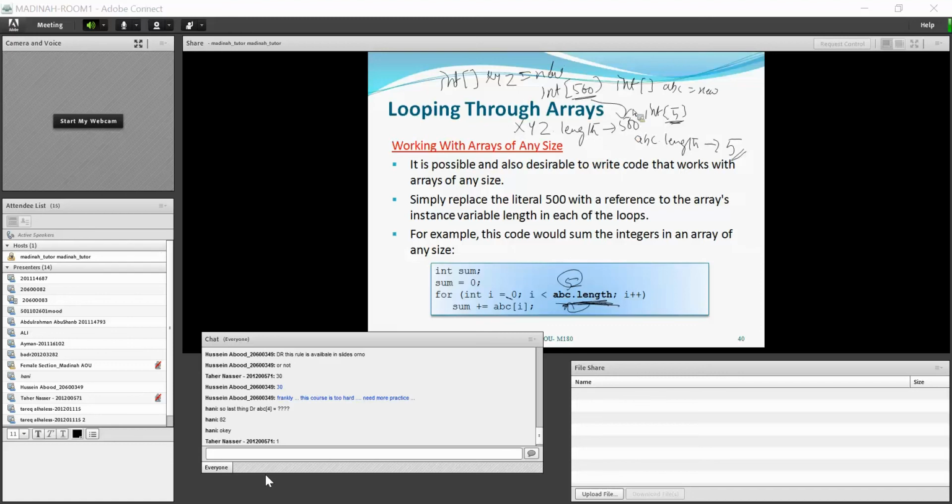So if you write a for loop, for int i is equal to 0, i less than xyz.length, it means i less than 500, i plus plus. So if you're working with an array of any size, and you don't know the size of the array, we can use the length variable to get the size of the array.